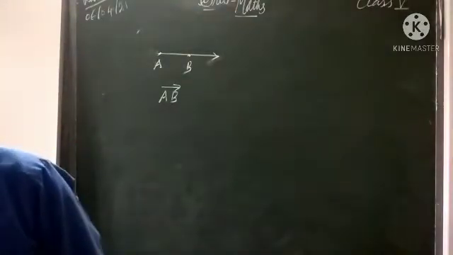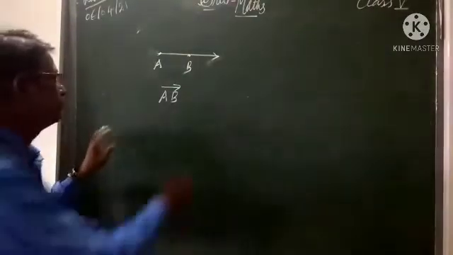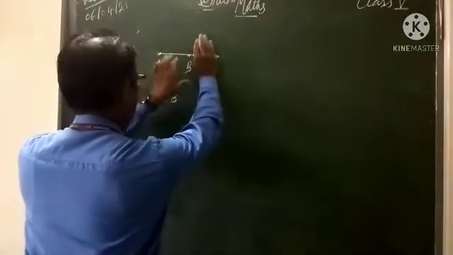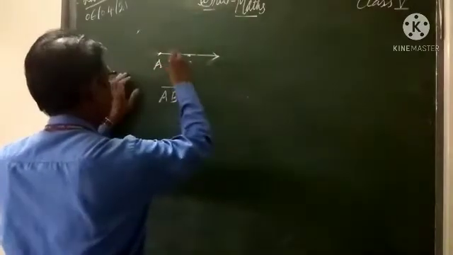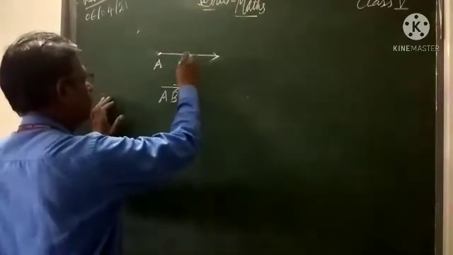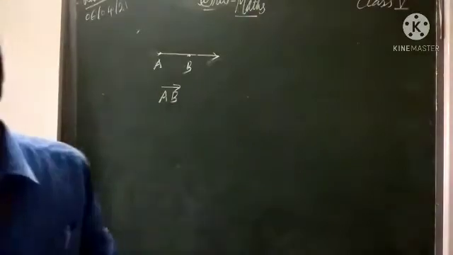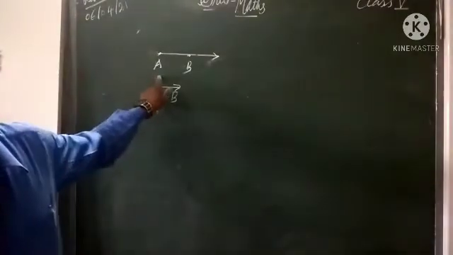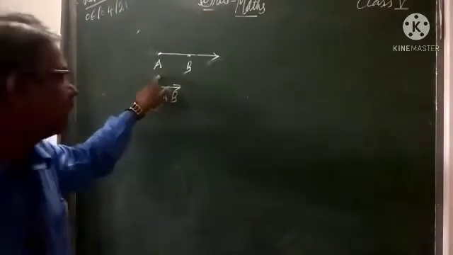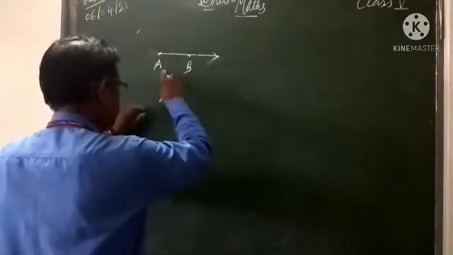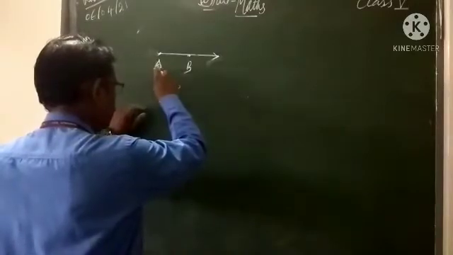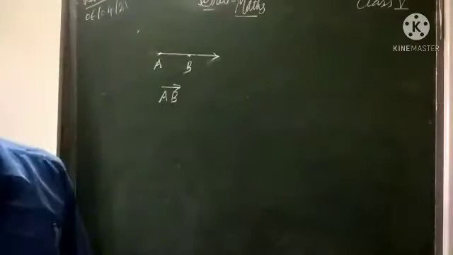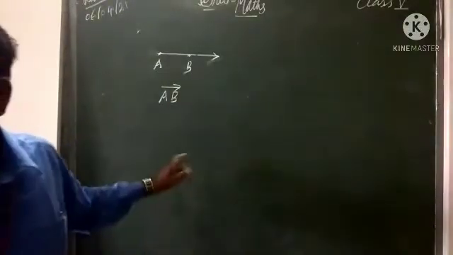A ray is a portion of line only. If we are reading this one only, then it can be said that it is what? Line segment. If we are putting arrows on both sides, then it will be line. Now a ray, what do we mean by ray? A ray is a portion of line starting at a point, starting from point A and going in one direction endlessly. It has no end, it is going very far. Ray. So understood? Ray AB.